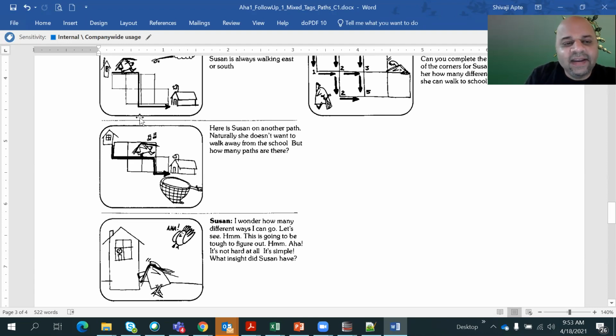So this grid, right? These rectangles, two rectangles are the ways that Susan walks to the school. And see, in the first scenario, she walks straight for two squares, 2 blocks. Then she takes a right and walks for 2 blocks, and then again she goes straight, turns left, and again goes 2 blocks to the school. Okay, this is where she can reach it.